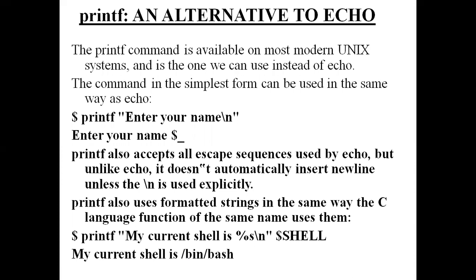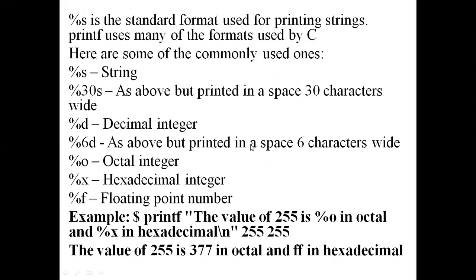It can be used as an alternative to the echo command. It has one major difference: the new line won't be implicit. You need to explicitly use \n in order to go to the new line, and also you can use the format specifiers which you will be using in your C programming language. So %s is the format specifier used for printing strings, as you would already know. These are the different format specifiers you can use in your Unix operating system, just like in your C programming language.